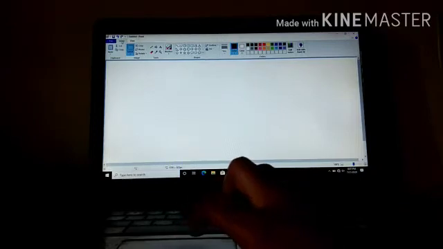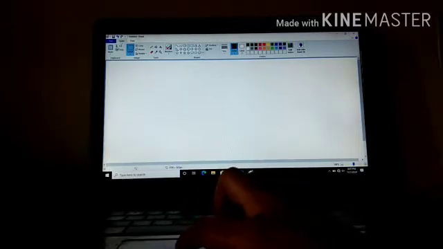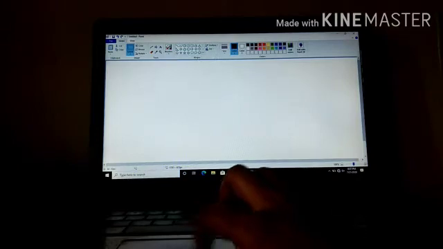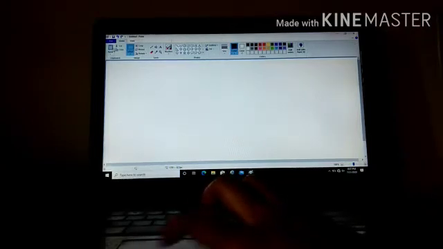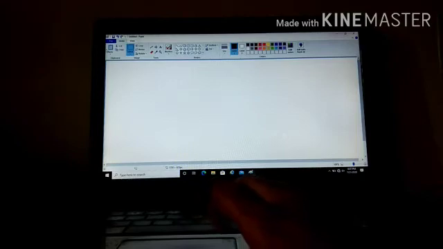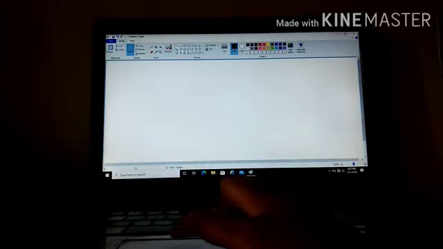First is the Home tab. In this Home tab you can see a number of options used for drawing, like here we have Clipboard, Image options, Tools, Shapes and Colors. These all are called groups, and these groups are pinned on the ribbon. This whole section from this to this is called the ribbon. Did you get that? Okay.